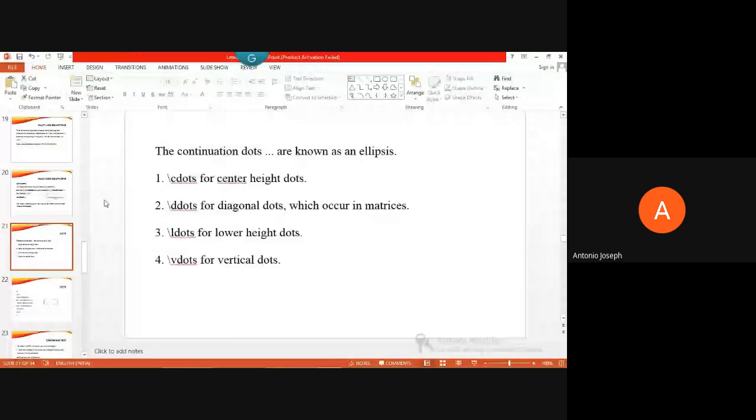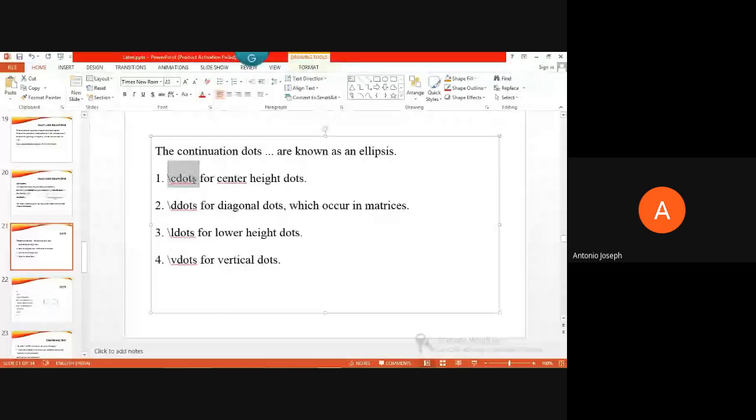See, these \cdots for center height dots can be created using \cdots. Then \ddots can be used for creating diagonal dots in a matrix, and \ldots can be used for lower height dots. Then \vdots can be used for vertical dots. So these are some of the commands that can be used to show continuity, or that some values are there in between. This is an example for that.